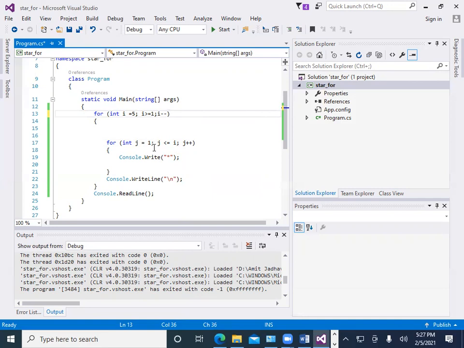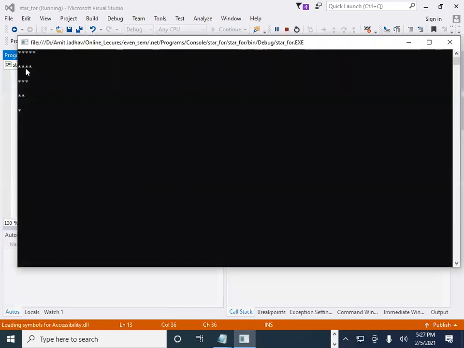So j's value is 1 and j is less than or equal to i, so it will print up to 5 times. Then for 4, it will print 4 times. Then 3 times, then 2 times, and 1 time. Let's see the output. So here we get the desired output.